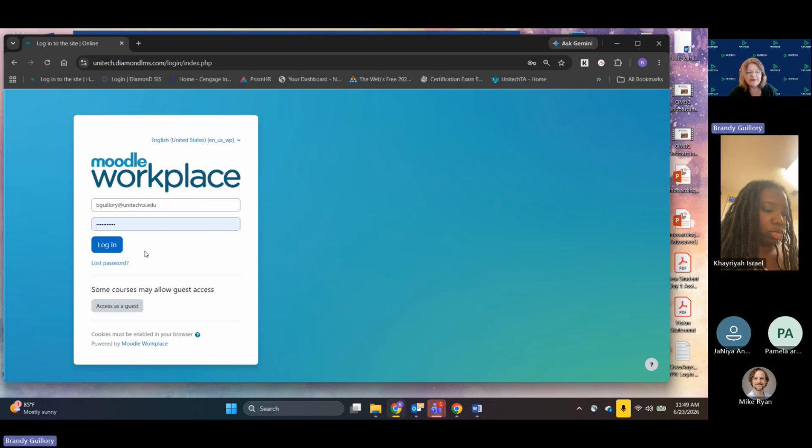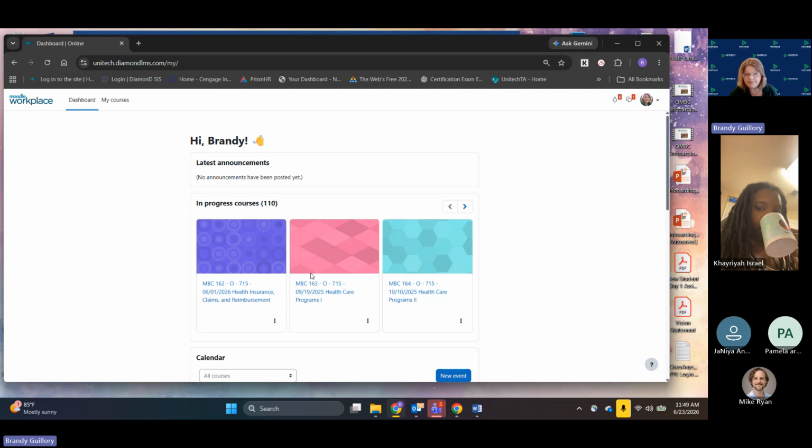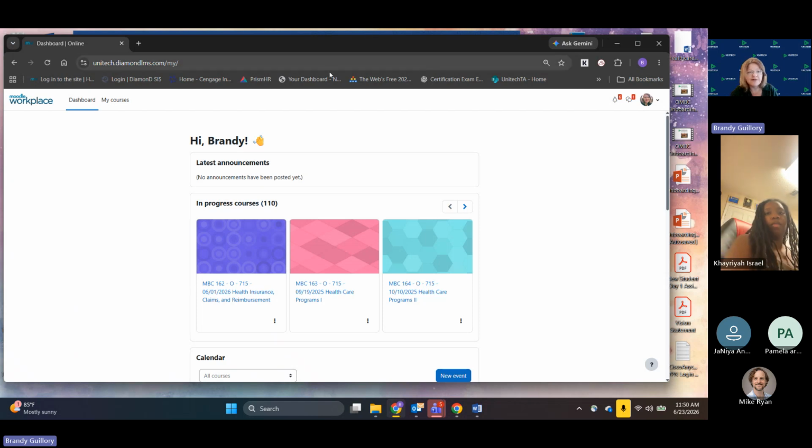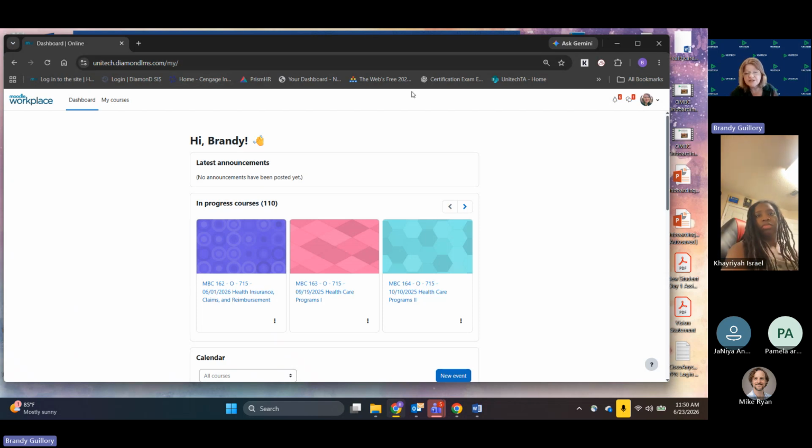Okay, so you're going to copy and paste and you're going to log in. It's going to ask you to change the password to a permanent one for you. Make sure that it's one you can remember, and go ahead and let your browser save that information for you, and that way you don't have to try to remember it and then get locked out of your system and it puts you behind. So I do recommend letting your browser save your passwords and bookmark these sites with your browser. I keep all of my important ones right up here at the top so I can always just get into them really quickly.